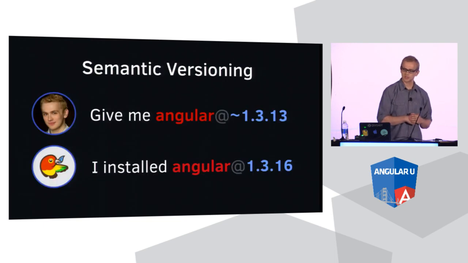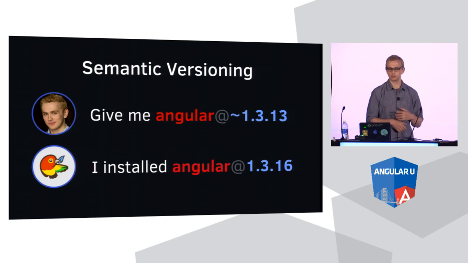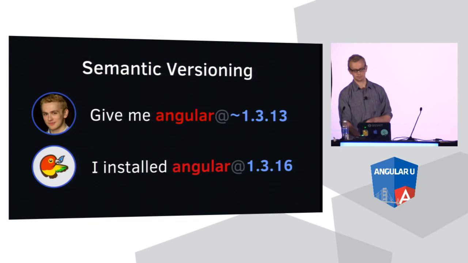So just a quick primer on semantic versioning. I say I want Angular at a tilde, which is a semantic version operator, 1.3.13. Bower says, here's Angular at 1.3.16. All that's doing is saying, we want all the patch versions. That's what the tilde means. And Bower will automatically give us a newer version that satisfies the range that we asked for. And so that's a definite step up over downloading things directly from angularjs.org, because we basically get automatic bug fixes every time we go to build, and we don't have to manually go and update. So that's definitely a win.